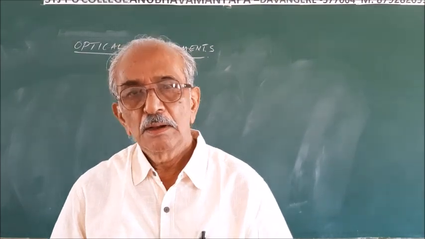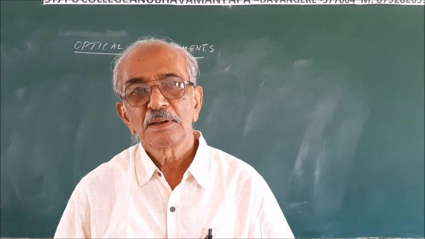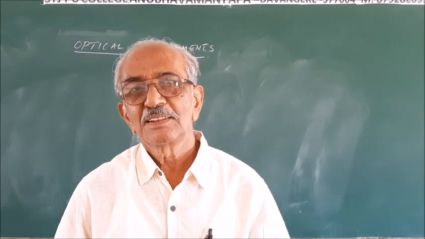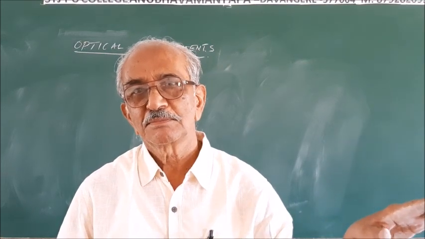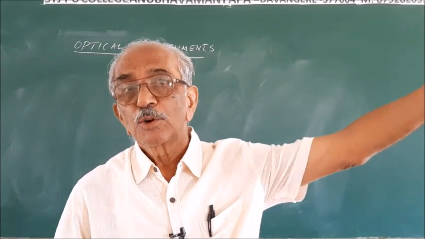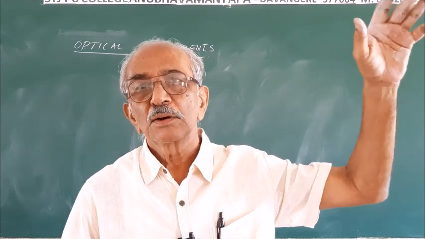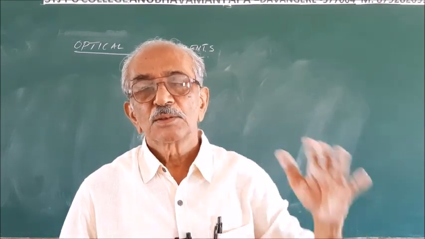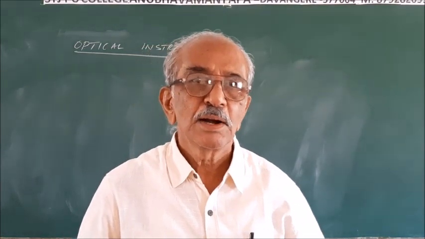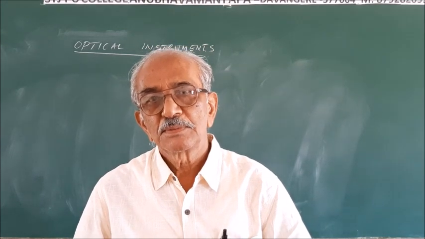Hello. Our normal eye, even if the eye is normal, cannot see very small objects, like the air around us. Similarly, we can't see distant objects, far off objects. Let's suppose the surface of the moon, we can't clearly see. This limitation of the eye is overcome with the assistance of some optical systems.